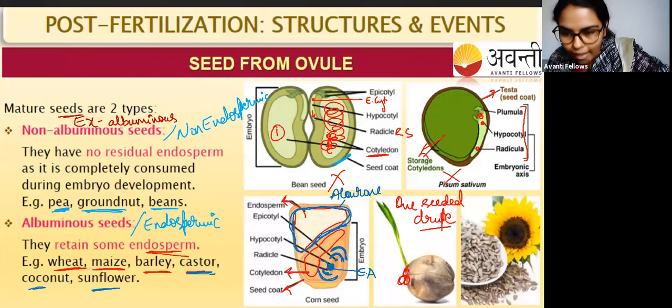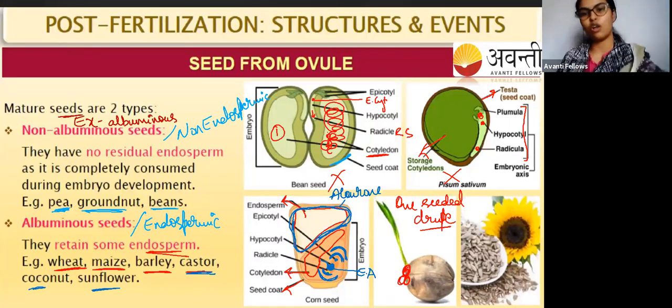And 1 eye, okay, from that 1 eye, if you keep the coconut for a very long time, you will see some white color structure. कुछ white color का यहाँ पे outgrowth दिखता है. So that outgrowth will eventually lead to the formation of a plant. Okay, so that's why it is called a one seeded drupe. ओके, एक सीड ही फर्टाइल होता है जो कि एक अनदर प्लांटलेट देता है.